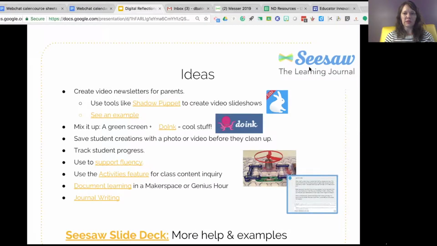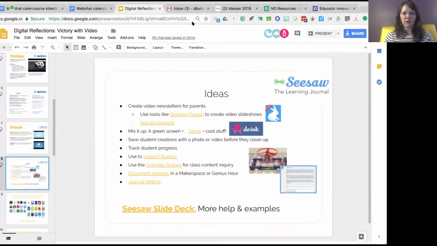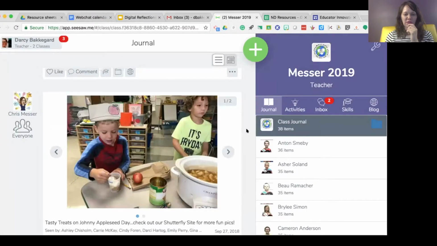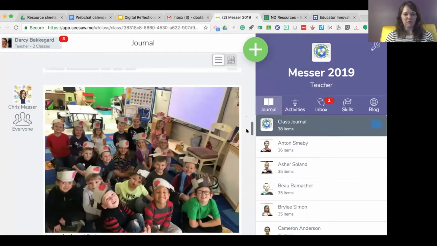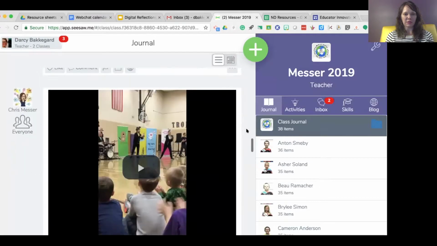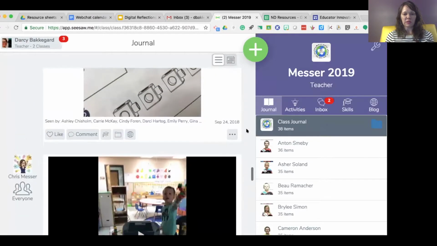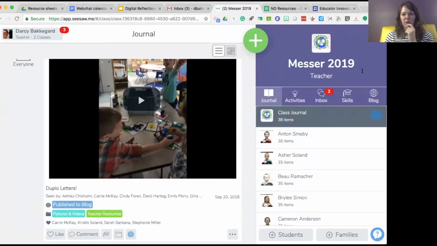Chris was nice enough to let me in her classroom, so I will get to that, and we can just look at what it looks like. There's this nice little news feed basically where you have updates of what's going on in the classroom. So parents can see little videos, parents can see what's going on in the classroom. And we did talk about Seesaw a little bit when we were talking about parent communication.